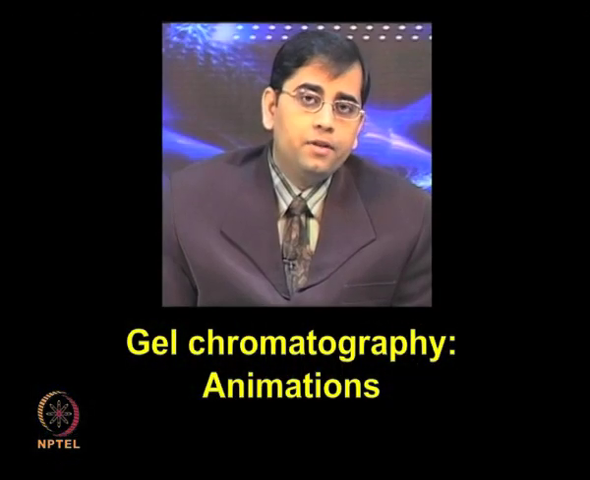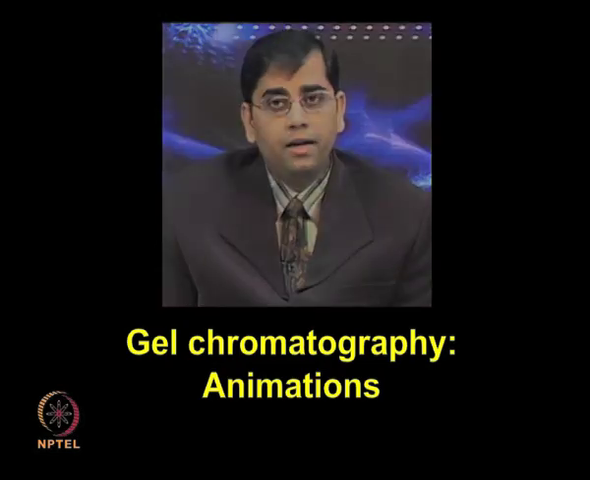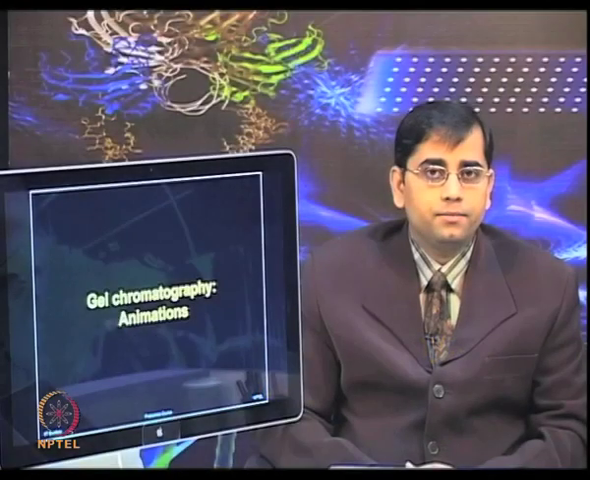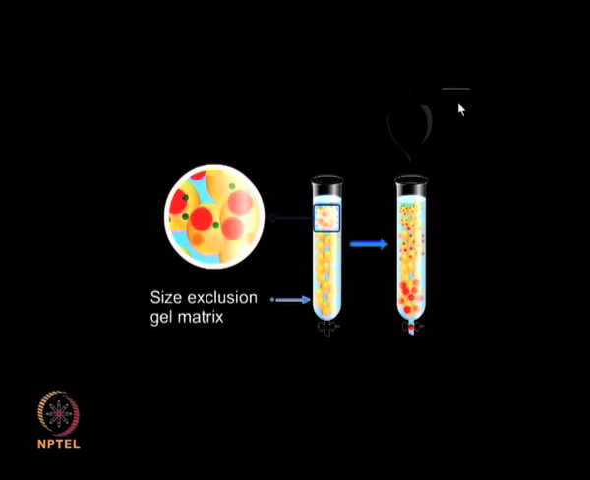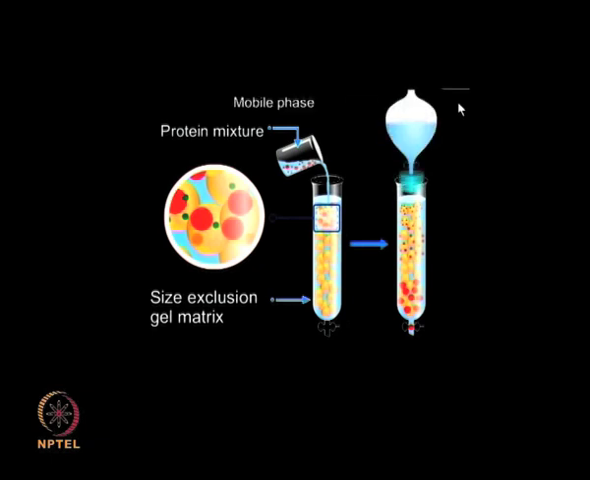So, let me describe the gel chromatography technique in the following animation. Let us first give the definition of a few components. Size exclusion gel matrix: the matrix filling the gel filtration column consists of a highly hydrated polymeric material, commonly dextran, agarose or polyacrylamide. The protein mixture is a mixture of unpurified proteins of different sizes, which is applied on top